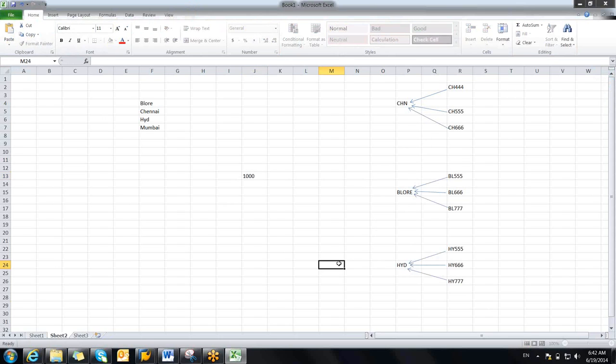If you are transferring the stock from this production plant to these warehouses, and from the warehouse to these ship to parties, then